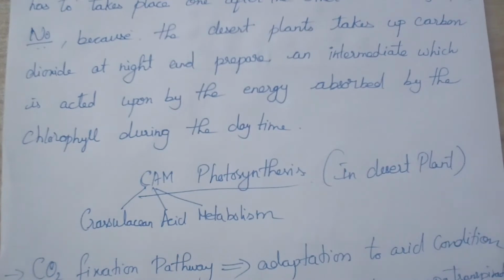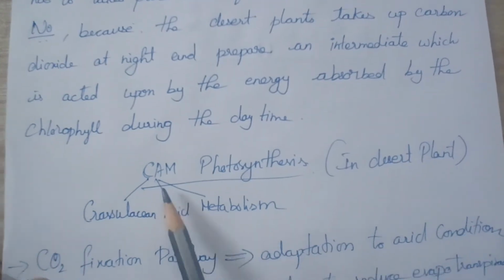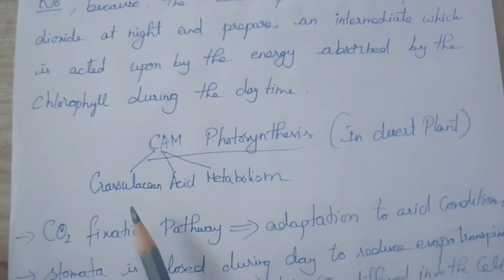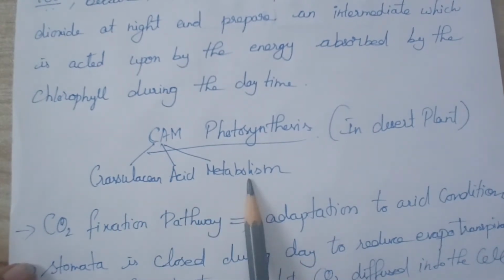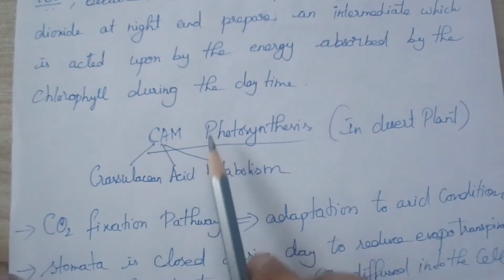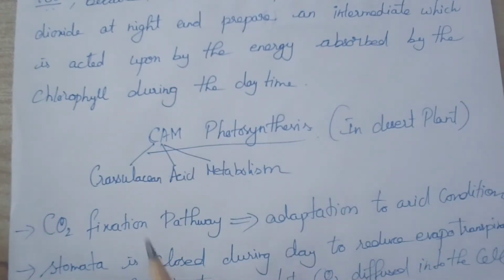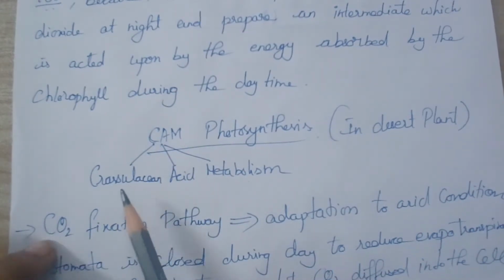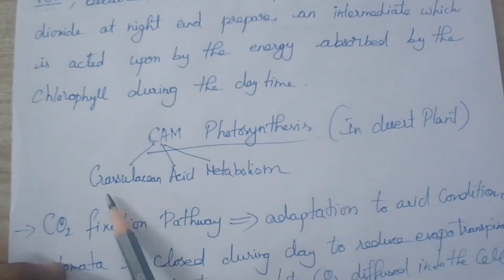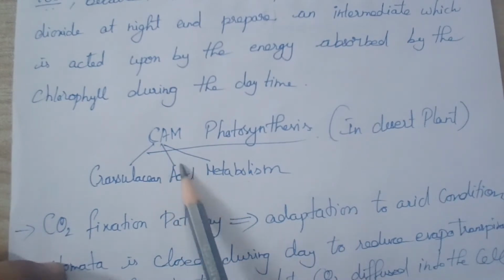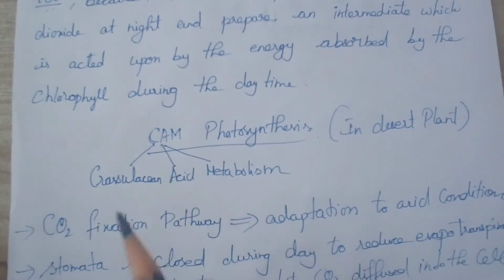Photo means light. We need light energy, right? But what's happening in the desert plant, we'll see. So it undergoes CAM photosynthesis. CAM means crassulacean acid metabolism. Crassulacean means they first studied this type of photosynthesis in the crassulacean family, that type of desert plant family. So they gave it the name,